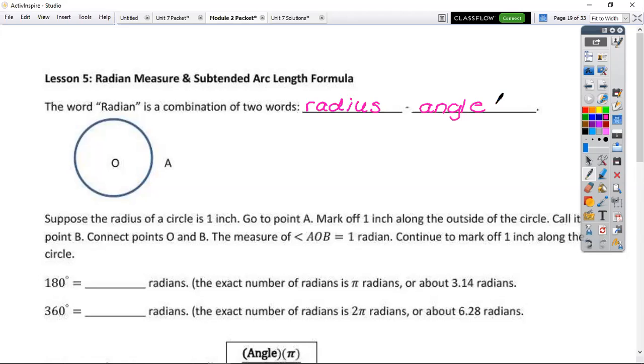So suppose the radius of your circle is 1 inch. So go to point A and mark off 1 inch along the outside of the circle. You are just approximating. So I'm like from here to here. So I'm going to go another inch and be like right here. So I'll put a little tick mark there. I'll go another inch, I'm like right there. And right back around here. Okay. So what you're trying to show here is that those 1 inch increments mean that this half circle right